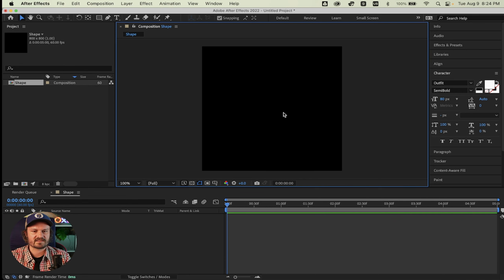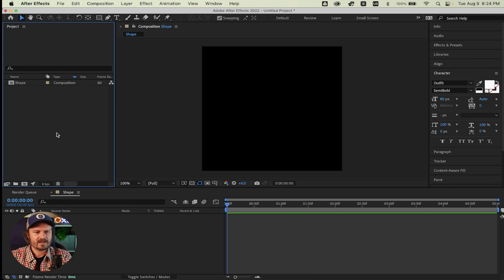This is our composition window, the composition panel. It says composition at the top here, and then it has the name of the composition, which I just called shape. And over here on the left is the project panel, and anything that you import, any assets that you import,